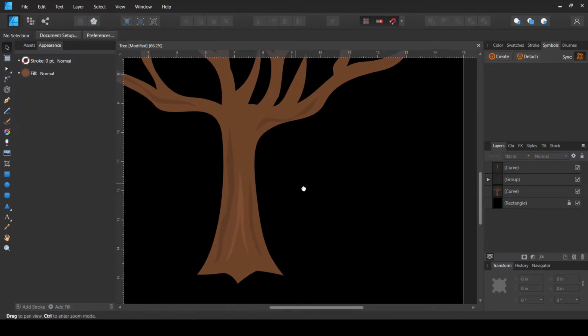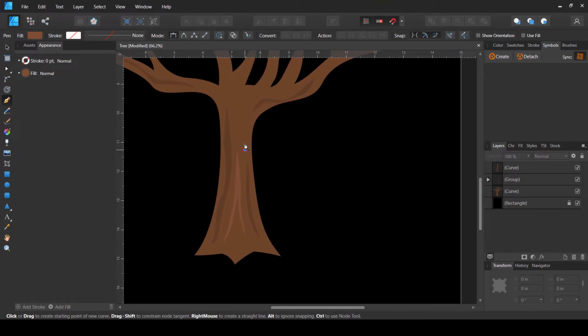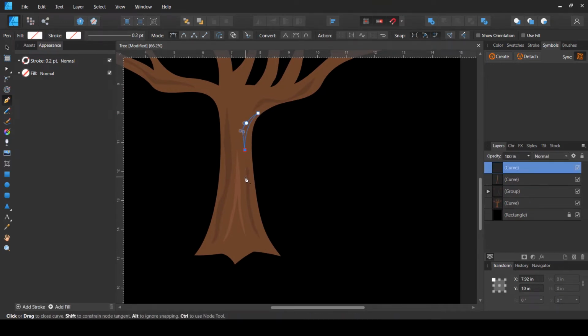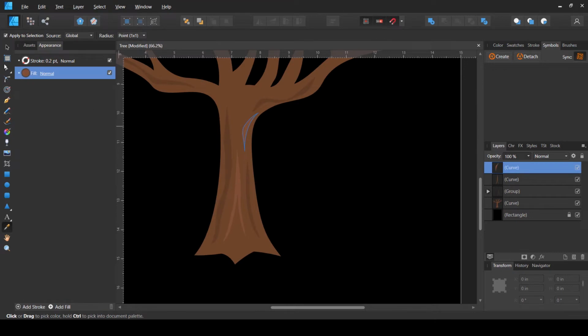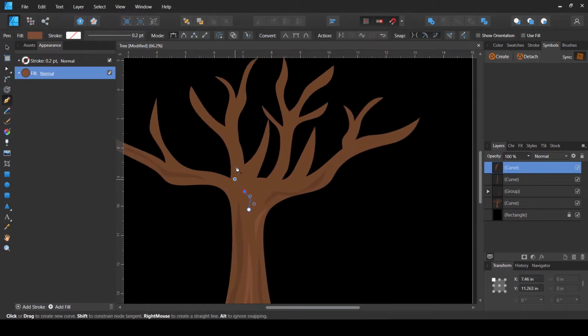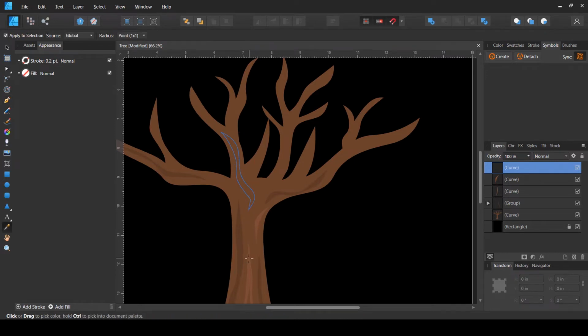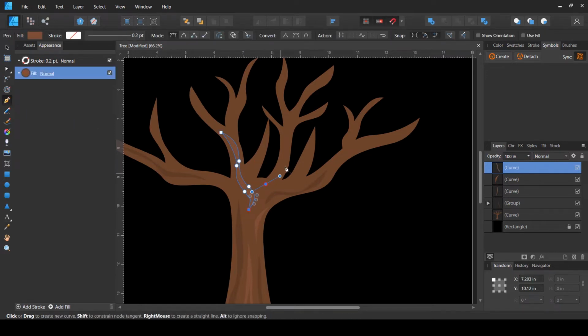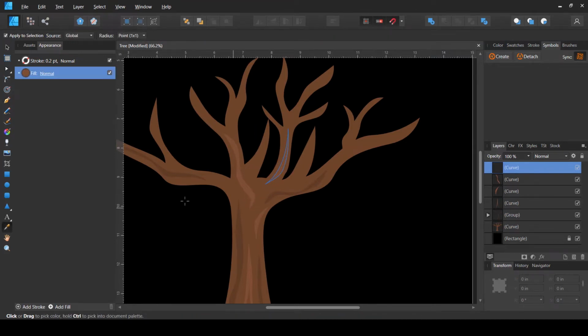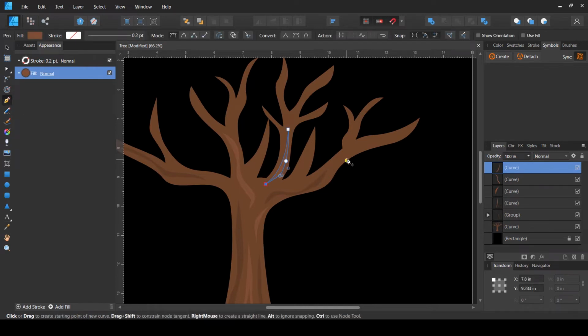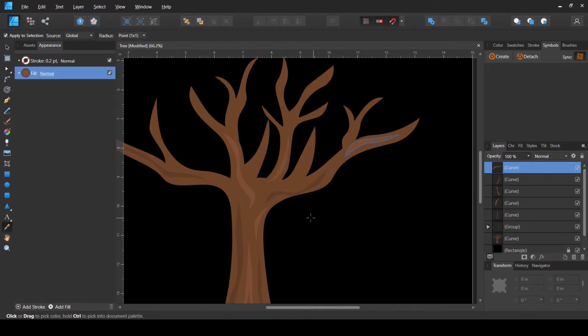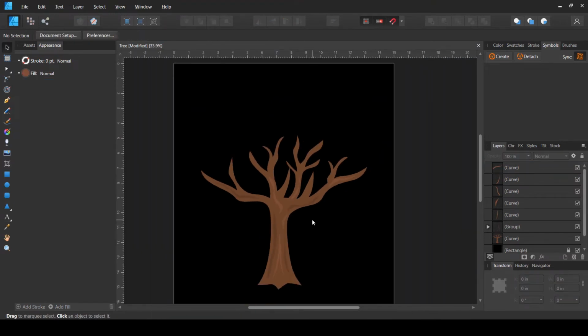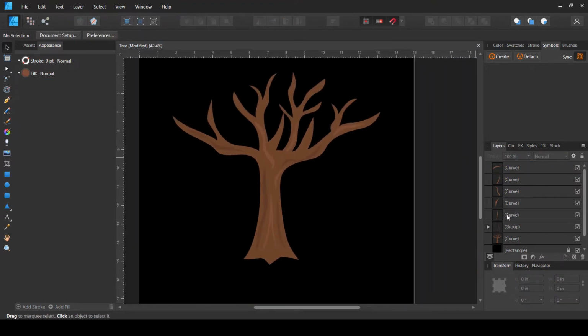So we have a shadow and highlighted areas, and we can add a little bit here, the same highlight color, and in the same way I might add here as well. So this tree, as you can see, is not realistic looking, it is just more of a stylistic type of graphic, which can be used in your t-shirt designs or any other print on demand product. So yeah, this looks fine, and I'm just going to leave it here and not spend